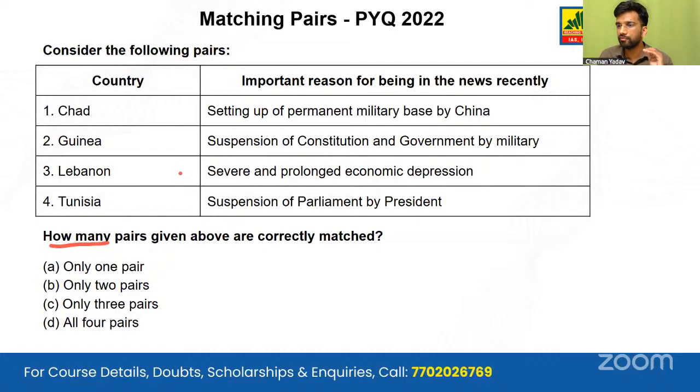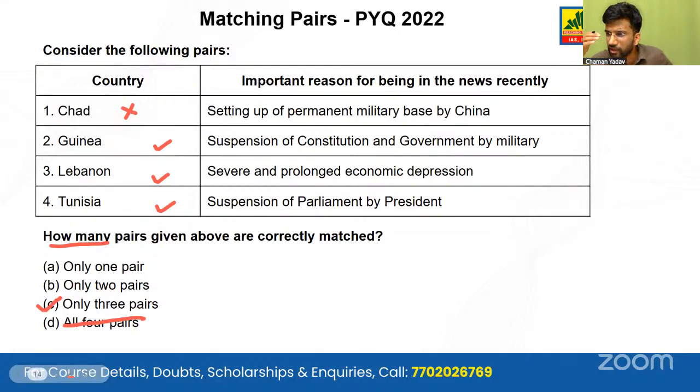In this, we are given four countries and what was the important reason why they were in use. So current affairs, as usual, is of the prime importance. We know that the first statement has been incorrectly matched here. But we cannot eliminate any of the other options. We can just eliminate option D, all four pairs are not correctly matched, but we still are given three pairs that we need to know. So if we know that all the three are correctly matched, then we can arrive at the answer, only three pairs are correct.